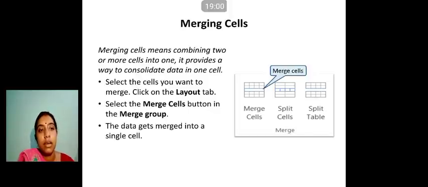You can see the difference in the figure also. In Split Cells you can see a cell is divided and a line is drawn in between that cell. But in merge, the lines in between the cells are removed. In that way you can understand that in merging, the lines between the cells are removed, and in splitting, a line is added to a cell in between. Clear? In the figure you can see it very clearly.